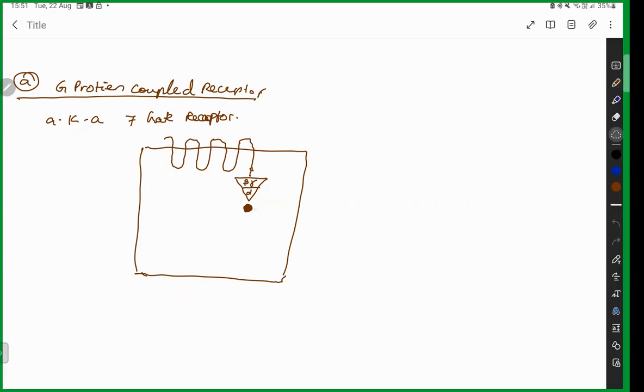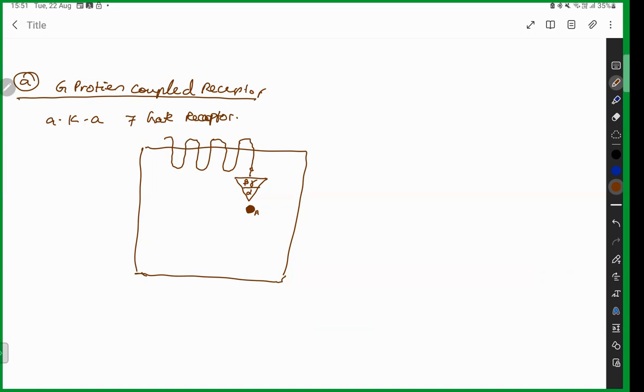Now I'll tell you. This is your drug. What does this drug do? It comes like this, it is just moving, and it is going to attach to the receptor. So this is how it attaches to the receptor. So what is the first step? Your agonist, consider this as drug A, your agonist. The agonist is going to come and attach extracellularly, and then it attaches to the subunit.